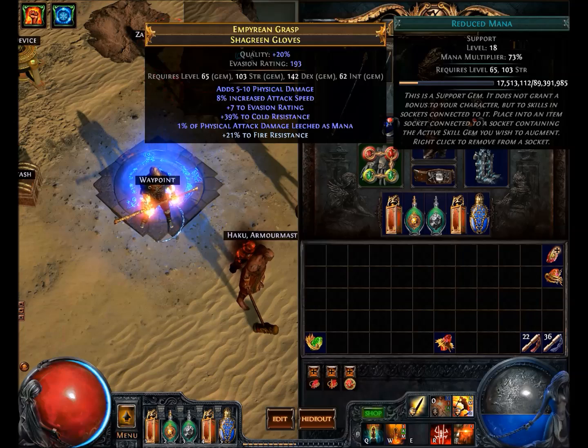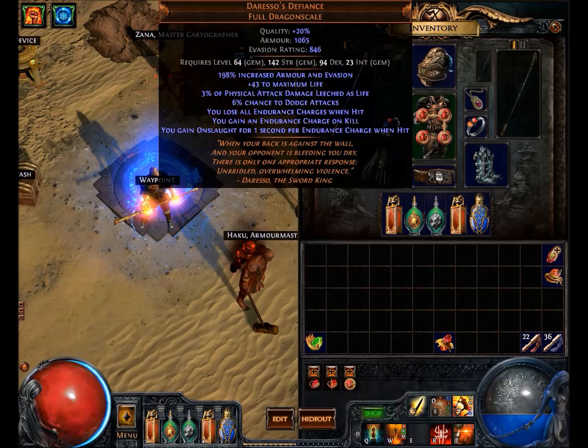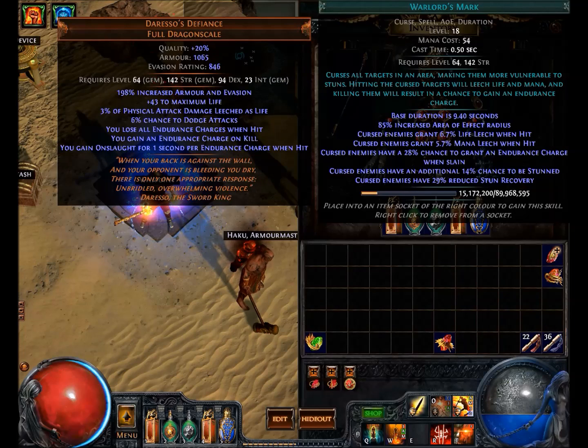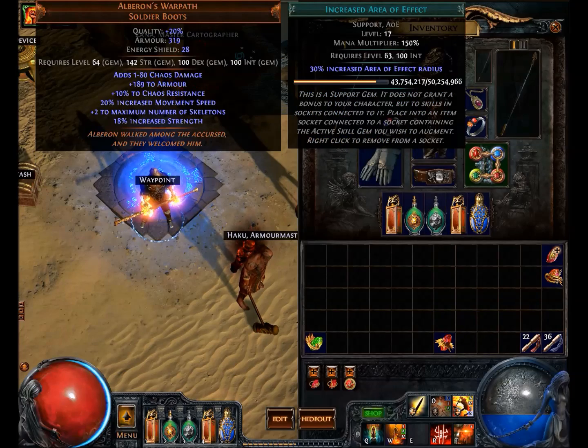For your auras, you're going to get a reduced mana, Herald of Ash, Hatred, and, I don't run 3 auras, so your 4th slot is Blood Rage or whatever. Your Blood Rage or your Curse, it should be. Your Curse of choice. And you will need a 4-socket, 3-linked item, which is going to be your Enduring Cry, Immortal Call, cast when damage taken. And then the 4th socket that isn't linked, and that will be your Warlord's Mark or whatever curse you choose, or Blood Rage, interchangeably. And then your final 4-link item will be your Val Ground Slam, Increased Area of Effect,